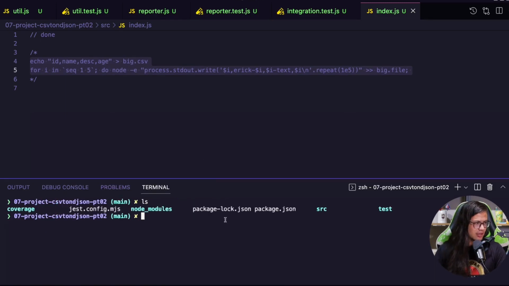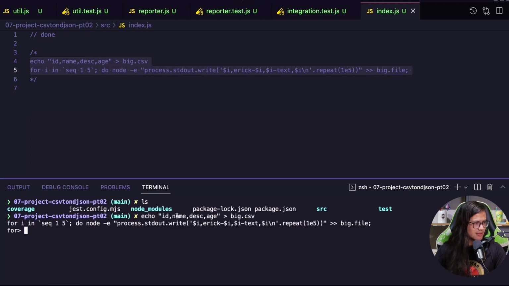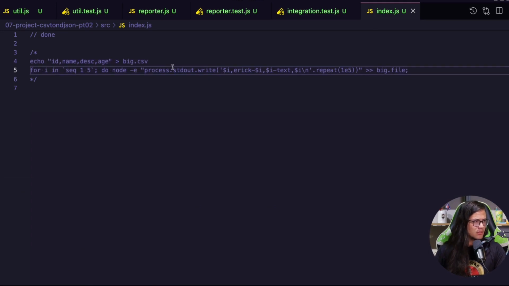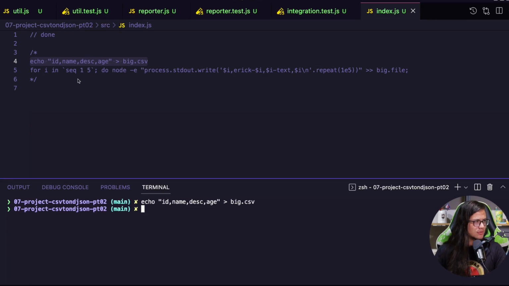I'm actually in the root folder, and I'm gonna paste it. Oh, it's missing something. Let's stop it. So first of all, let's put this echo, and then the for. It's missing actually after the big file is done. Okay,